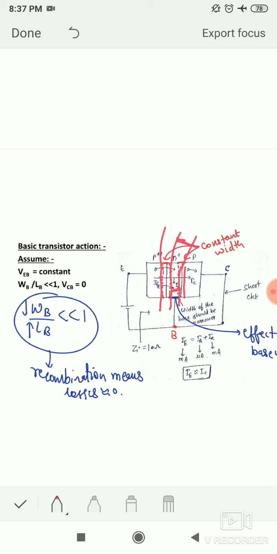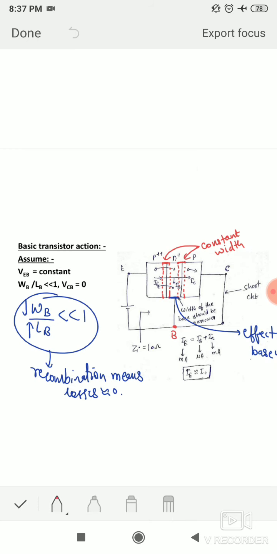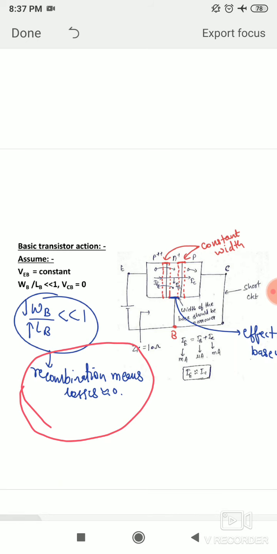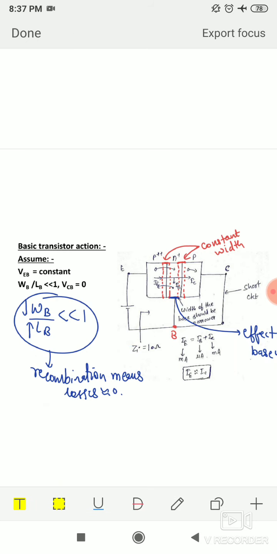So what will happen when the width decreases with respect to length? Then the recombination losses are 0. What is recombination losses? First of all, when positive supply